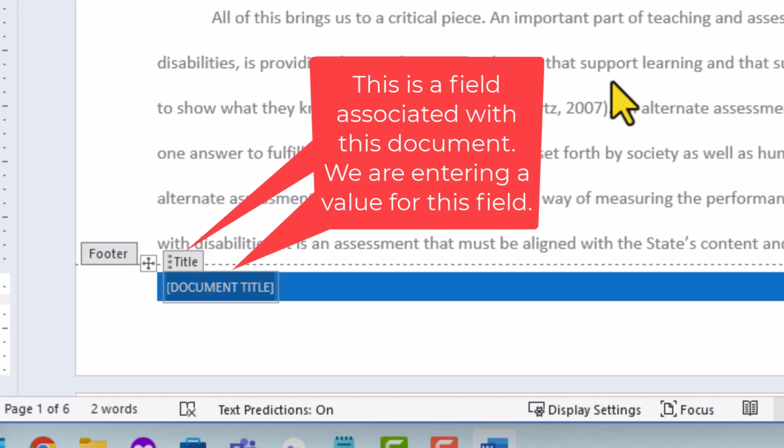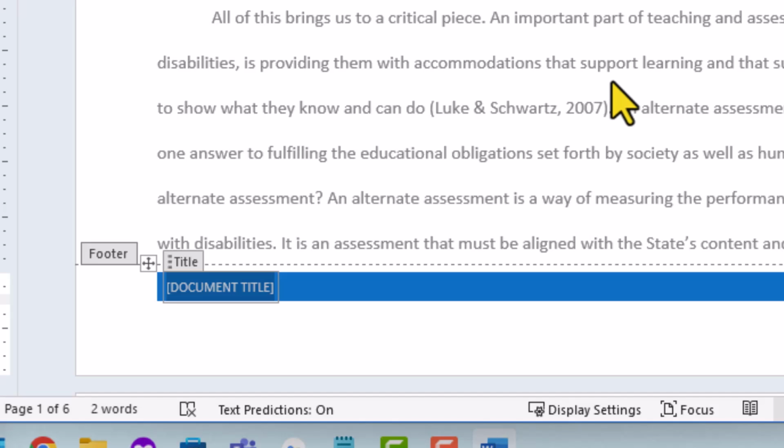It's a database field, which means I can use this for things later on. It might actually help me with sorting and finding my document later on, but there are other ways that I can use this field in Word. So this is your first exposure to that document title, and they asked me to type